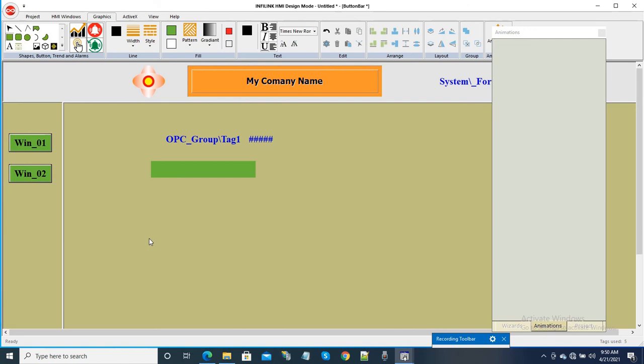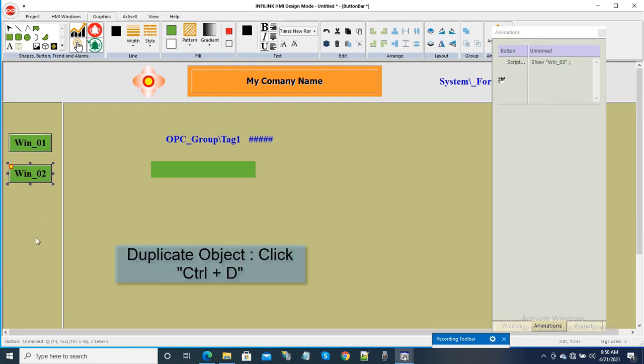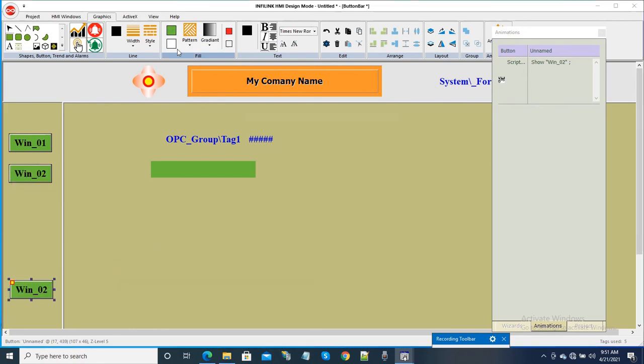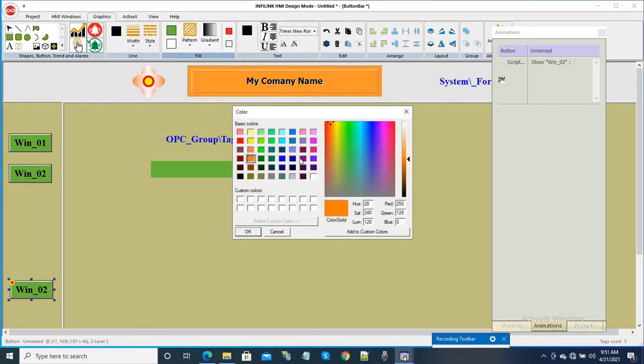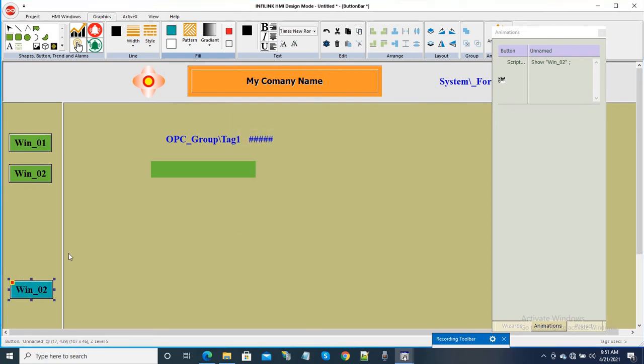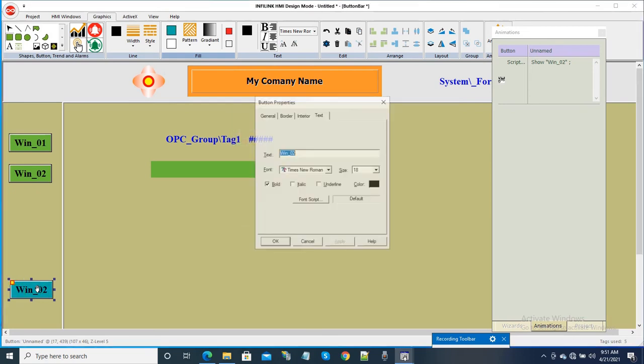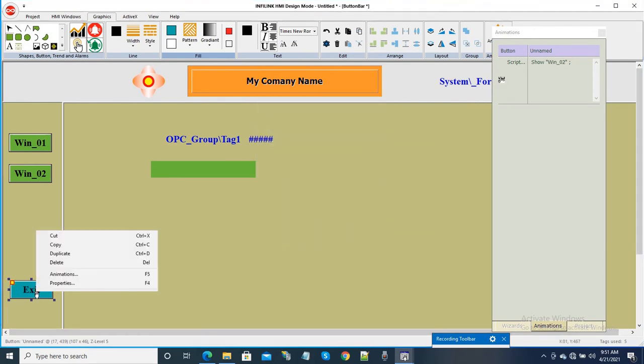I also want an exit button on the screen, so I'm just going to copy this button, place that button here, change the color with some different color. Okay, this should be nice color for exit button. Change the title with exit and change the script